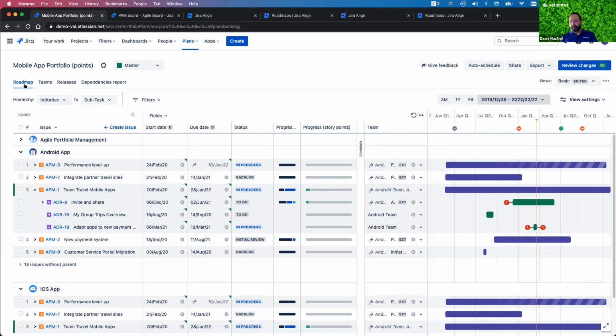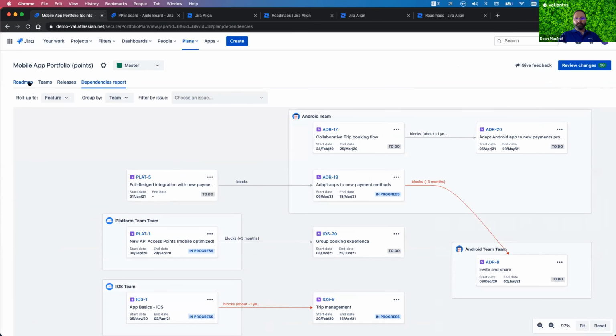So this is where the level of dependency in Advanced Roadmap is going to have its limitations, right? Dependencies here are really links in Jira, so they're the block links. So you can do anything in Jira that you can do with links, right? So you can create your own views and specific views like this. There are no more advanced dependency views than what we've seen here in terms of this specific view here, and